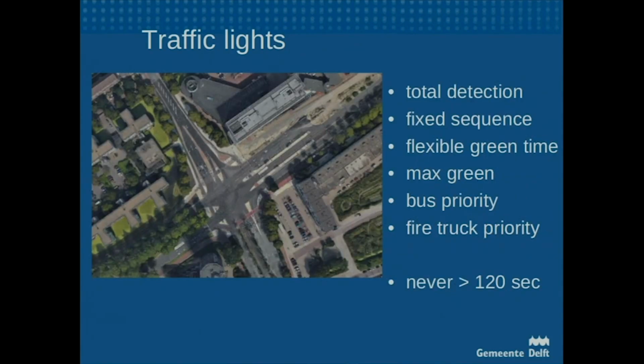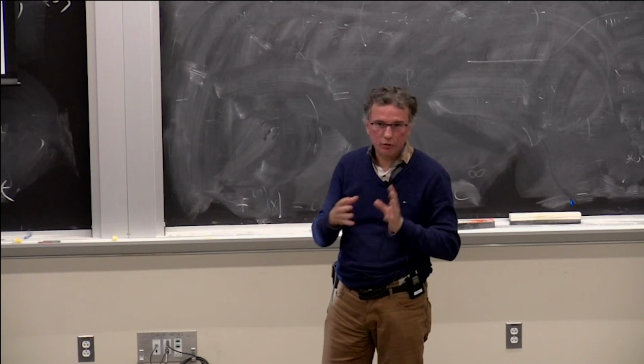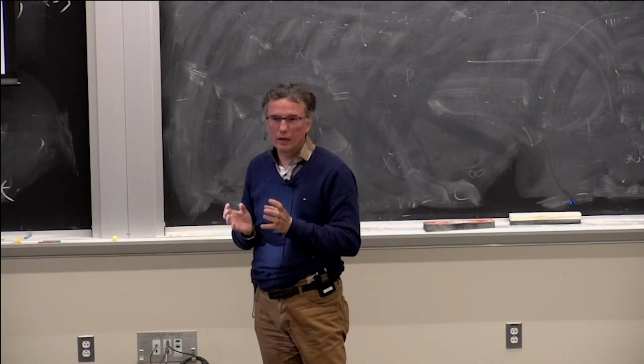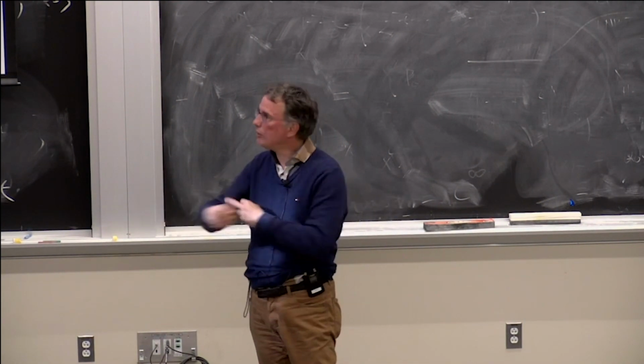That's how it works. This is the same intersection from the air. So it's a huge one, the biggest intersection we have in the built-up area. We have total detection, all directions, also the cyclists are detected with a detector. We don't use an 8, we have got a good detector. So we detect bikes. You can also press a button if you like, but most of the time you're already detected. We have a fixed sequence of which groups go together and what the sequence is.